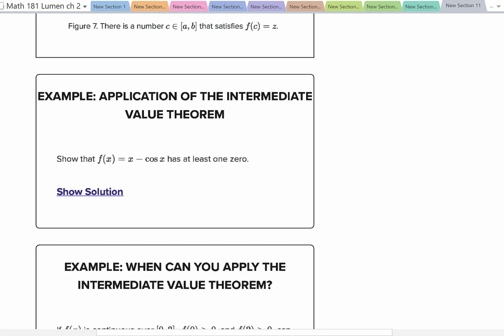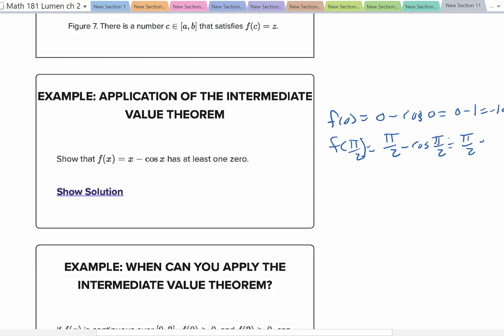So let's look at this. What if we had f of 0? That's going to be 0 minus cosine of 0, and that's going to be 0 minus 1, so it's negative 1, which, guess what, is less than 0. Then f of pi over 2 is going to be pi over 2 minus cosine of pi over 2, which is pi over 2 minus 0, since cosine of pi over 2 is 0, so it's pi over 2, which is positive. So by the theorem,